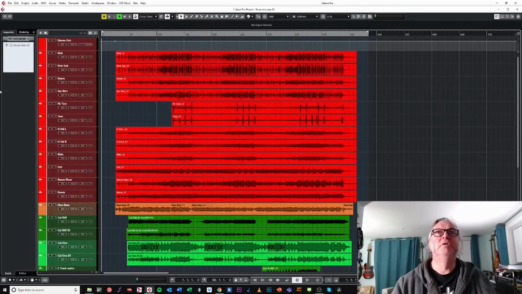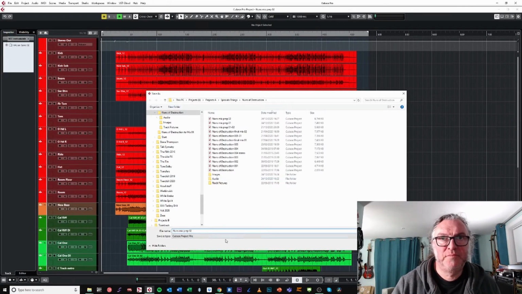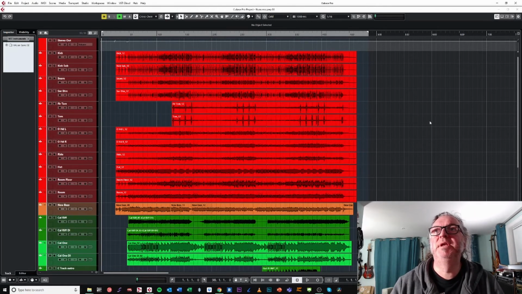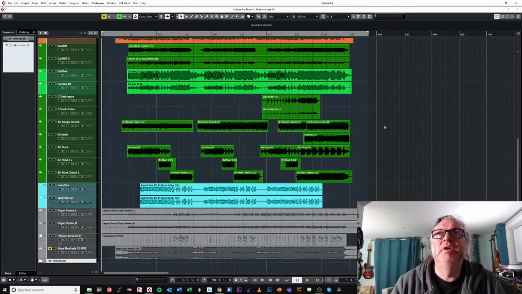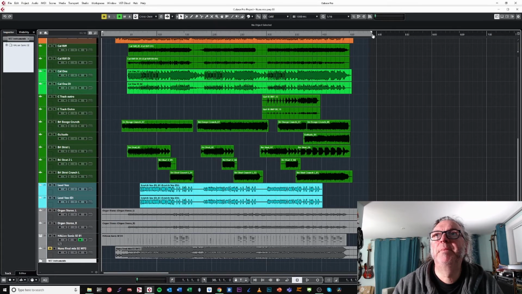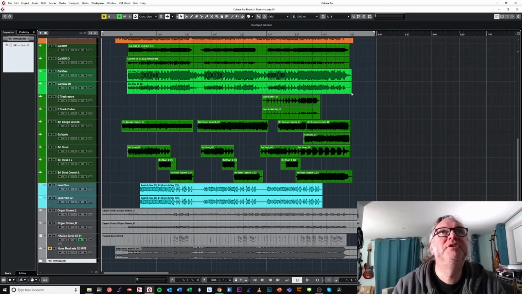So quick save, File, Save As 03. That's tremendous. So what we want to do now is we want to get all these tracks saved as a wave file. And the way that we're going to do that, this is the key bit to it all, is in Cubase we have the ability to